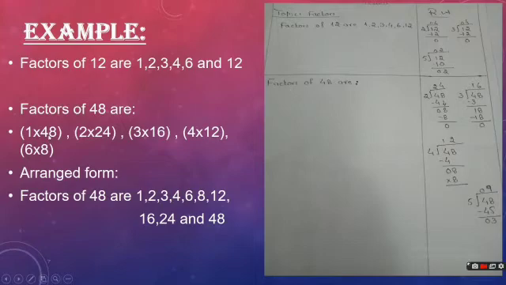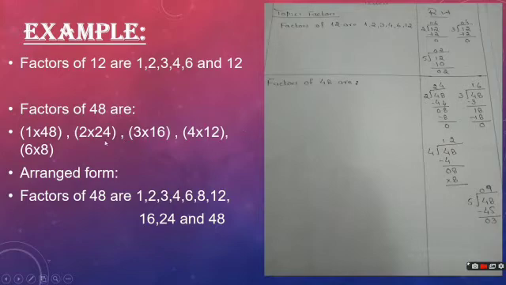Now the second example is factors of 48. Again just read out the tables in your mind, so you will get all the factors. Let's start from 1. So 1 48s are 48. Then in the 2 table. Now if you don't know where 48 is coming in the 2 table, simply do division. Now see over here, I divided 48 by 2, I get 24 and the remainder is 0. So it means yes, 24 and 2 are both factors of 48.